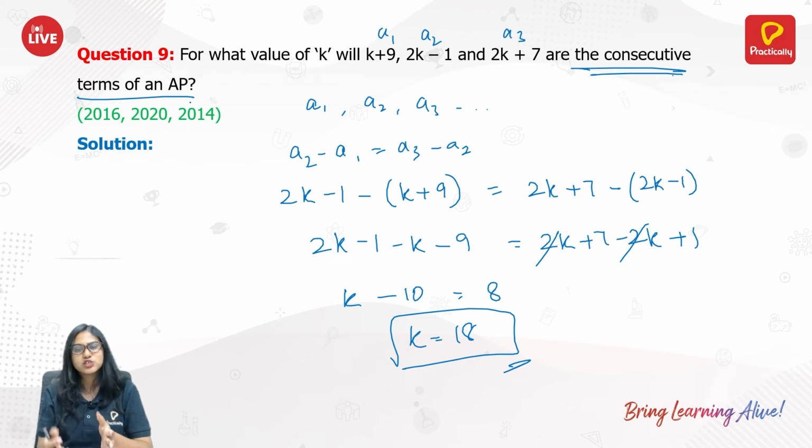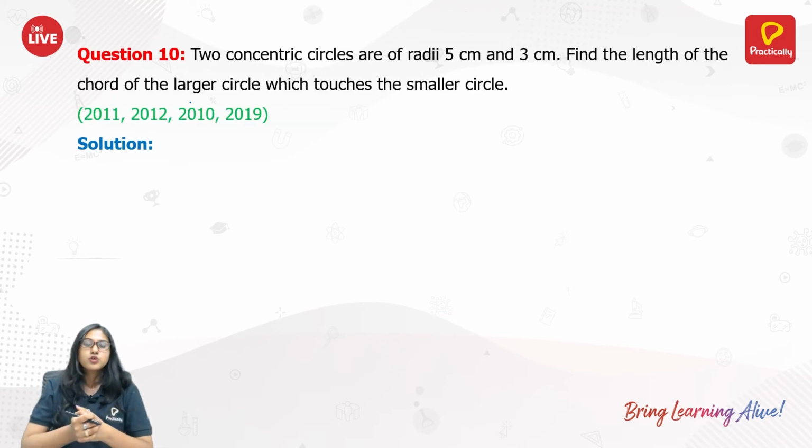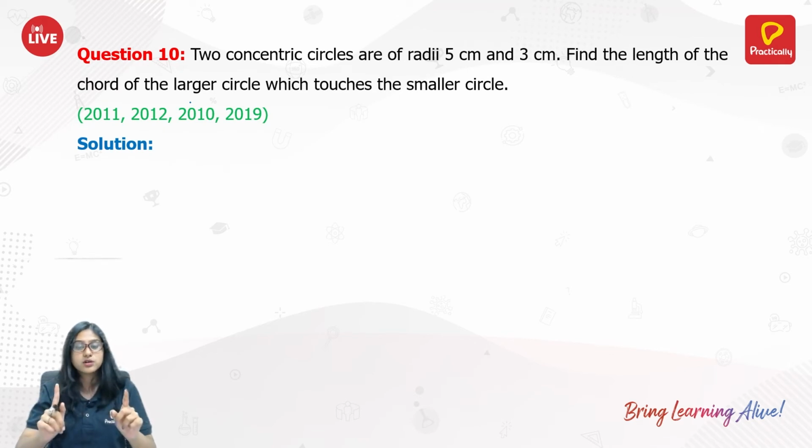So yeah, there is a chance you might be getting this question for 2 marks only. Next. 2 concentric circles are of radii 5 centimeters and 3 centimeters. Find the length of the chord of the larger circle which touches the smaller circle. This is one of the most repeated questions again. This is from NCERT only. If you practice NCERT, all exercise problems of circles, trust me, you can do every question which is given from